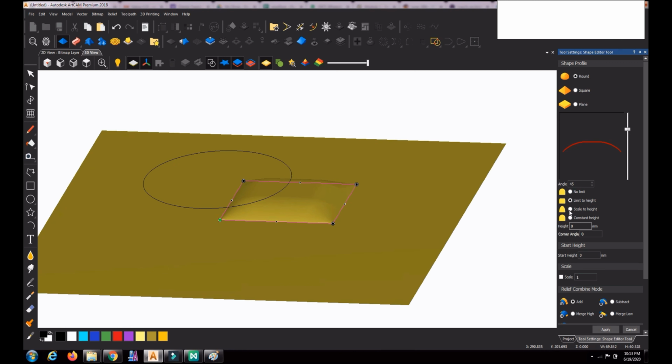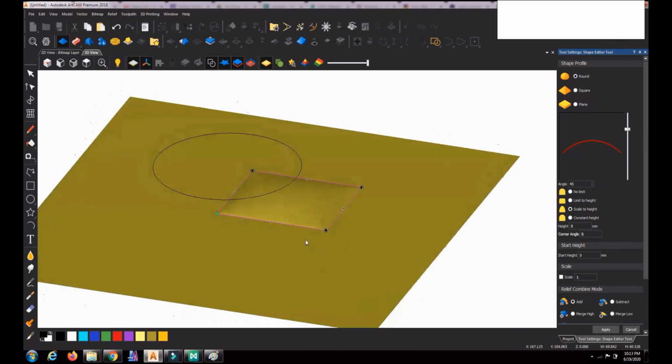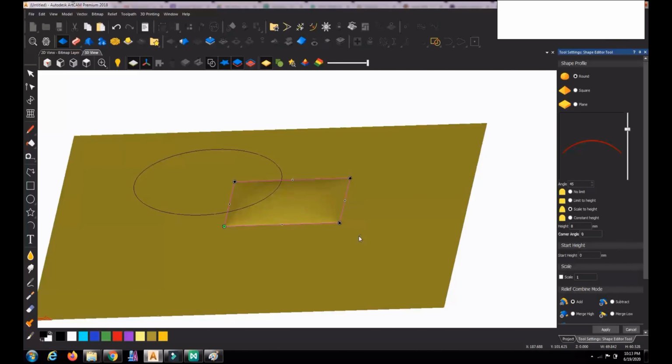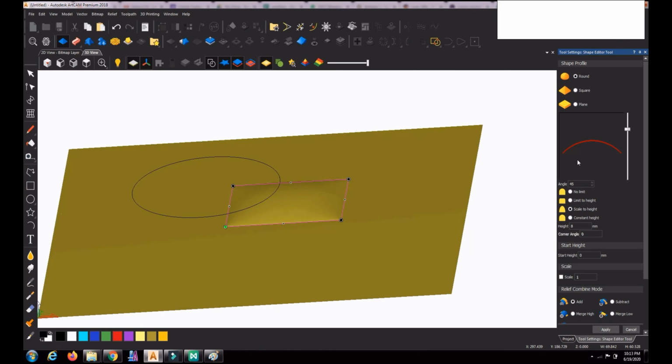For that option we have to click scale to height. In scale to height, the total height will be 8 mm, and it will create a proper round shape, as you can see here. What has to be compromised here is the angle with which it forms, because it will automatically adapt to an angle with which it can reach the 8 mm maximum height.